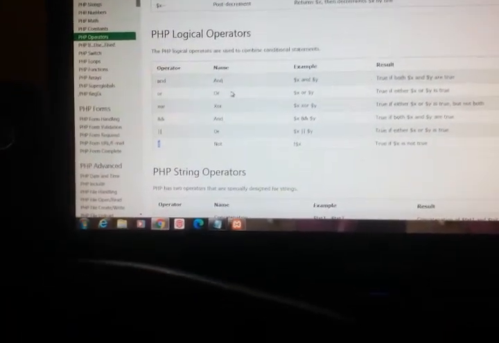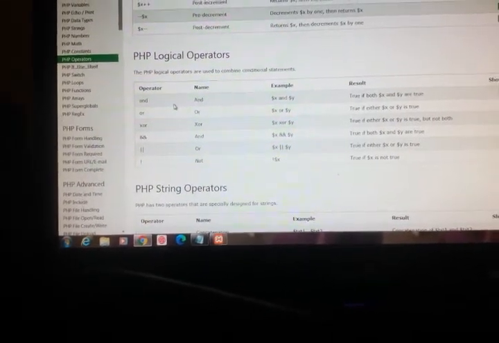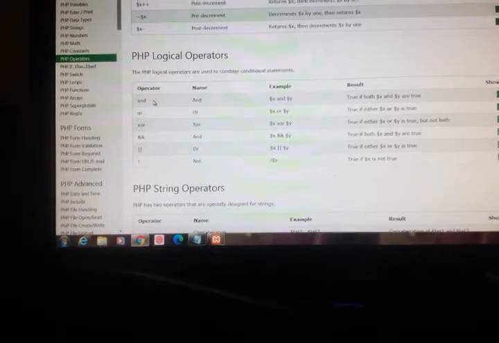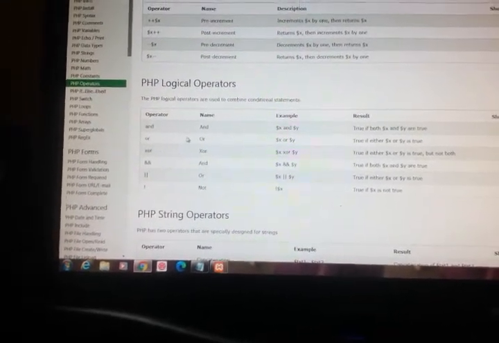Here we will see all the operators of logical using program.